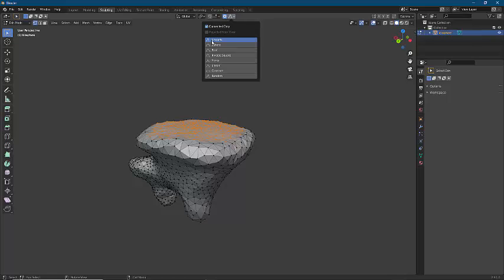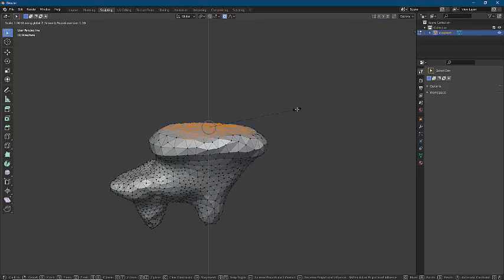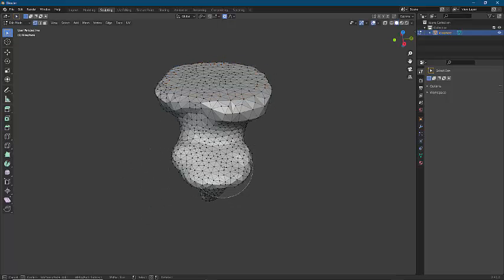Hit connected only, and make sure it's selected smooth. Now you press S, press Z, press 0, and you can change the size that affects here. I think this is a nice size. And then we can do this here, do it again, C, left click,